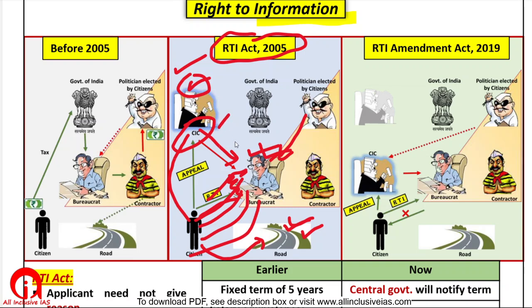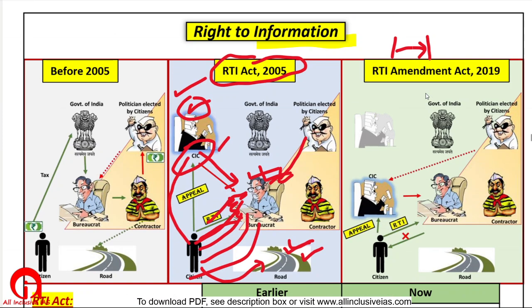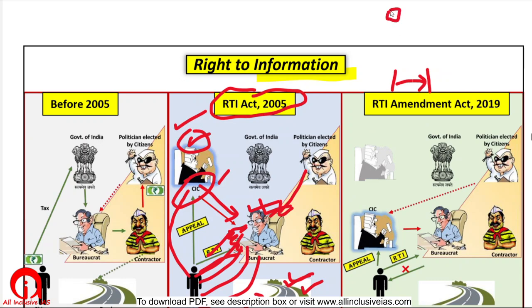See, the thing about government is that if there are two government employees at the same pay level, same grade, they won't listen to each other. But once there is a very senior person, whatever he says to this government employee, he has to listen. That is how things practically are. Okay?